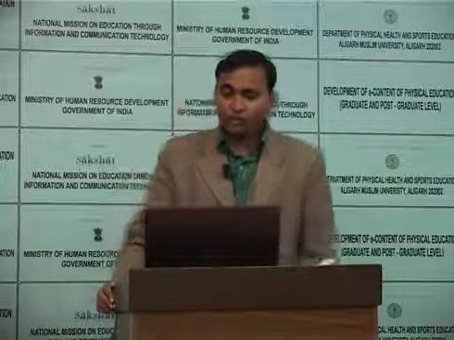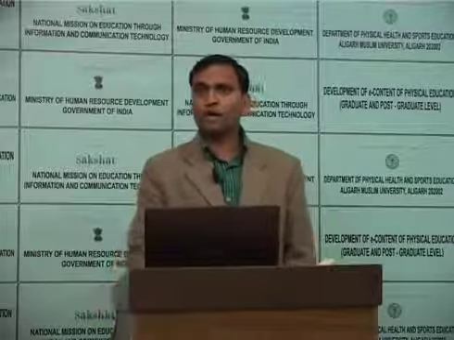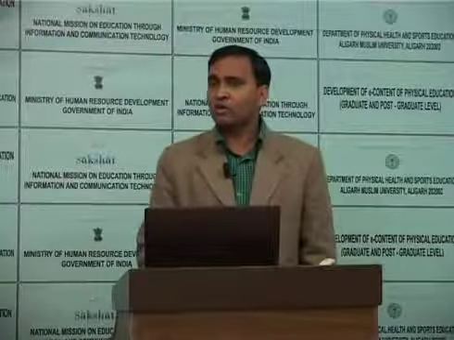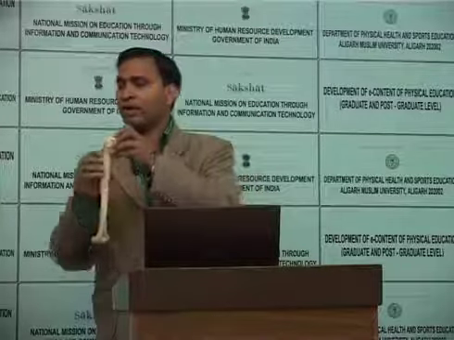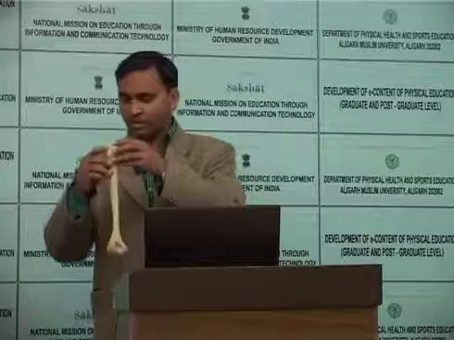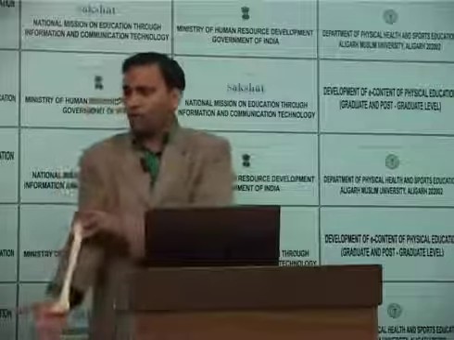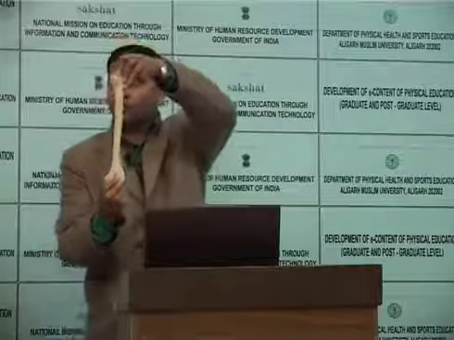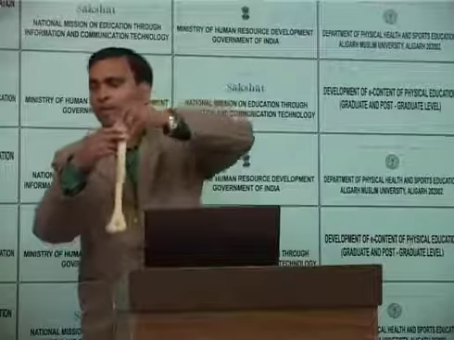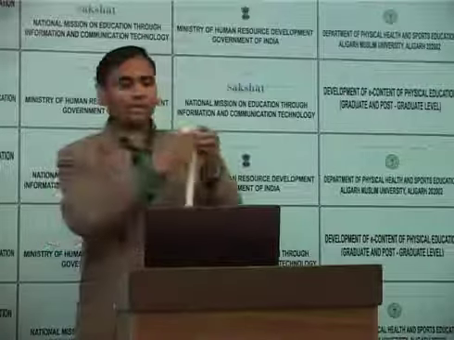It keeps the articular surfaces of the shoulder joint in contact and prevents dislocation of the shoulder. As you can see here, whenever it contracts, it will cause external rotation, because it is attached to the GT. You can see the diagram. This is the shoulder joint, this is the lesser tubercle, and this is the GT, the greater tubercle. So this is the normal position of the shoulder joint. Whenever it contracts, it will bring the head out.